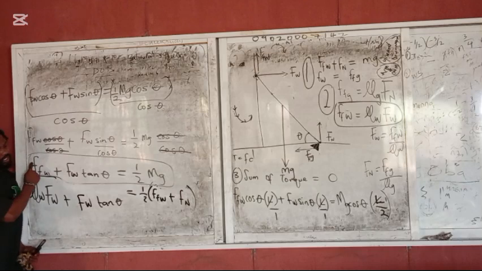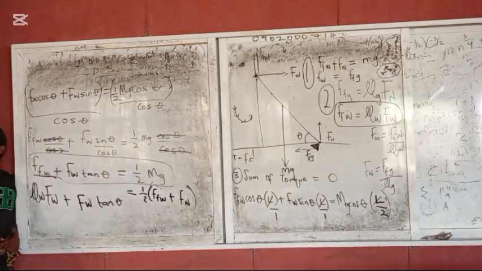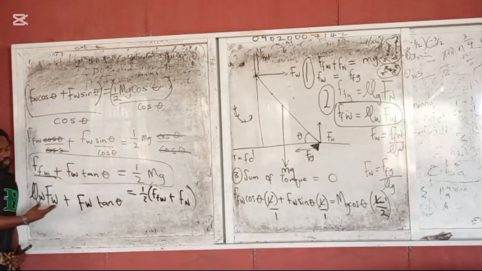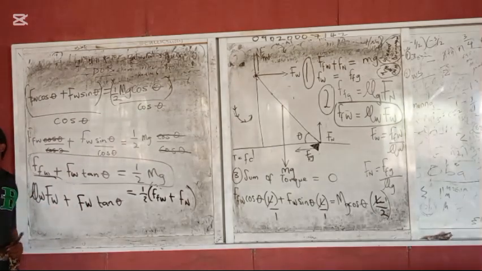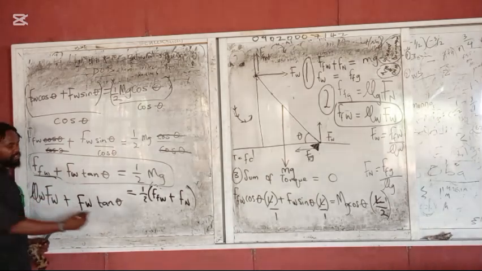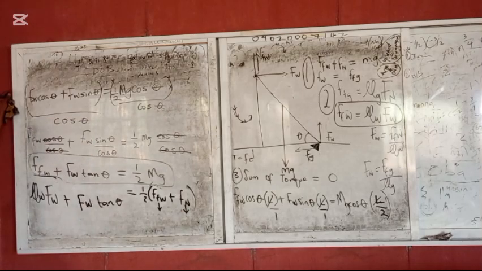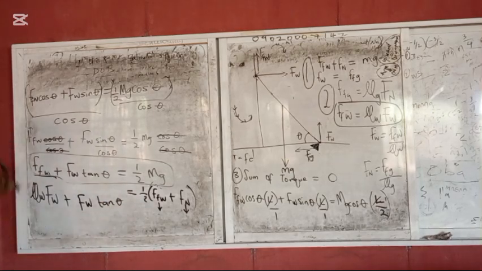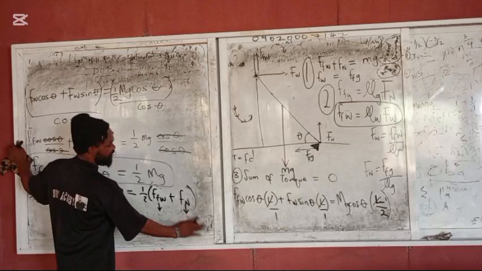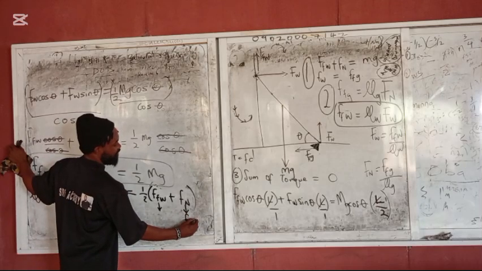Notice that what I have here is also inside here. So whichever way you want to go about it, you still get the same answer, as long as you are able to replace and remember to continue replacing, or avoid replacing and replacing in a way that confuses you. So I am seeing FW here, and I'm seeing FN this way. Now check for me. FW is equal to this. What about FN? Because I don't have any value for FN now. So I'm trying to see if there's any way I can get what I have here. MG. F_FG over